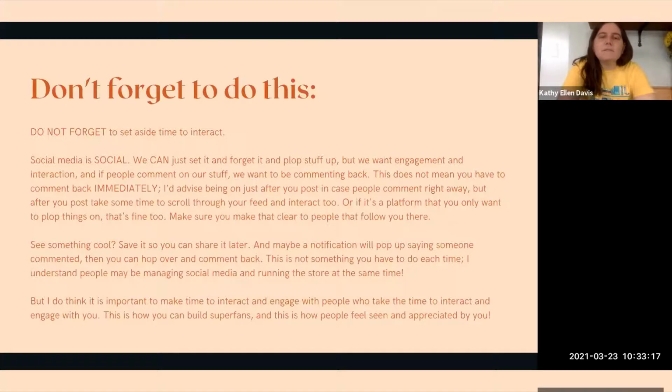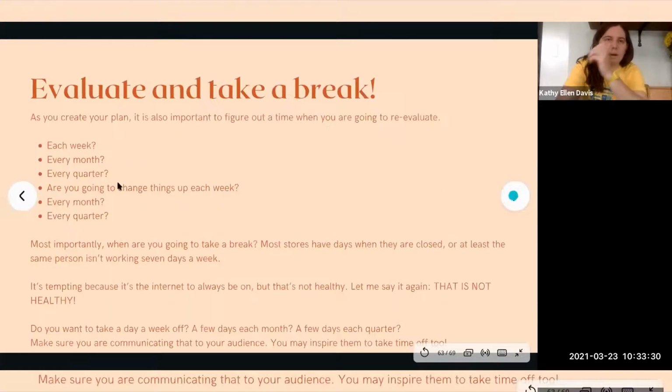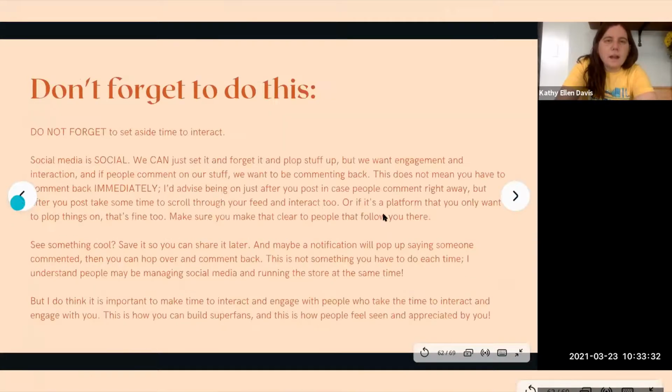And this isn't something you have to do each and every time either. I just think it's important to make time to interact and engage with people who take the time to interact and engage with you, because this is how you can build super fans and how people feel seen and appreciated by you. I thought I had a note in there, but maybe that was on another one, that you can also make it very clear to people